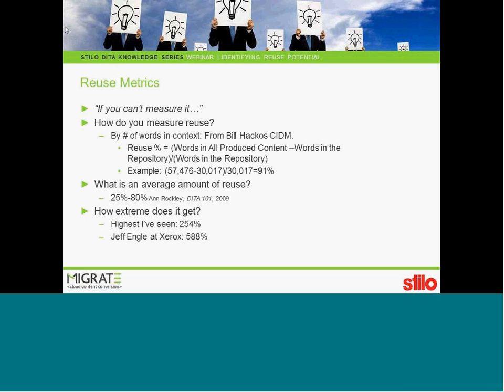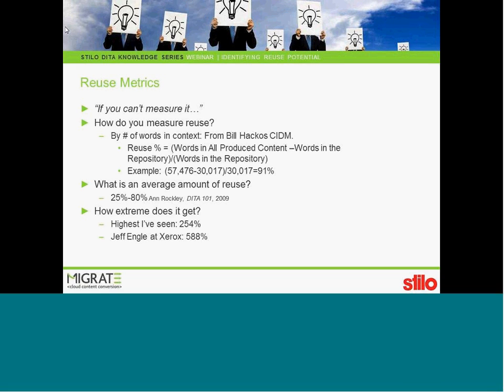One of them is topic-level reuse, but I find that ignores a lot of inline reuse that can actually be quite extensive. So on this past project I've been working on, where we had a significant amount of reuse, I found the following equation from Bill Hackos at CIDM to be the most useful for me. It's the one I like at this point, but I think it's an area that needs more development. So let me just walk through his